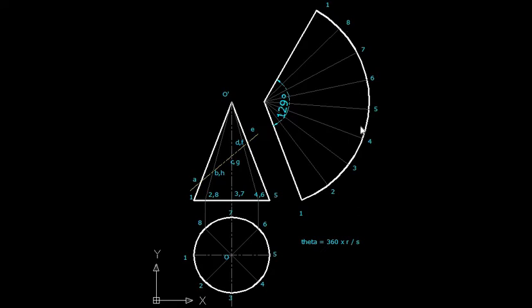Why is this 1 point coming again? Because we are going to cut a piece of paper or sheet metal in this shape, and we are going to wind it around the cone, and this one and this one will match. That is why this point number 1, or starting point, is coming here. You may start with this point or you may start with this point. You may go in anti-clockwise direction or you may go in clockwise direction.